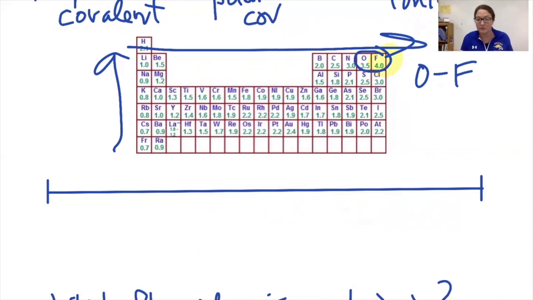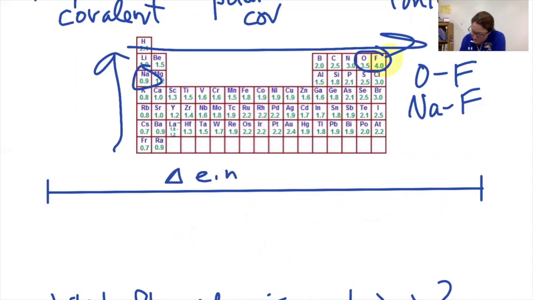We call this a polar bond. If I look at the difference instead between something like sodium and fluorine, it's a much bigger difference in electronegativity. And in fact, they share so unequally, fluorine pulls so much harder, we say the electron's been entirely transferred and therefore call it ionic. So ionic and covalent are two categories we've used to split up what's actually a continuum. If we look at the difference in electronegativity values between two atoms,